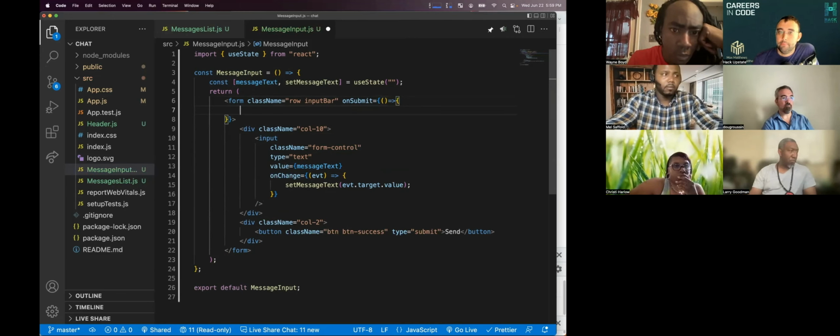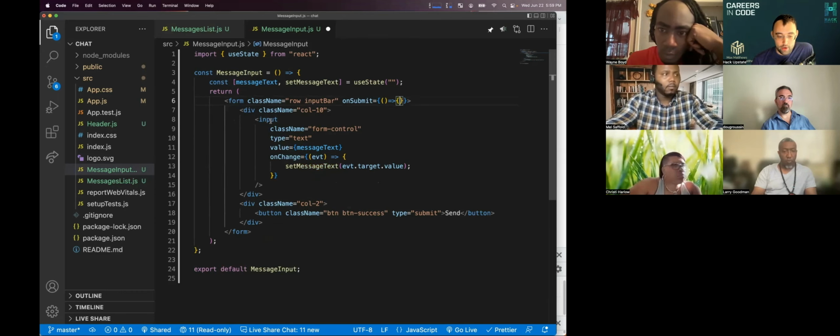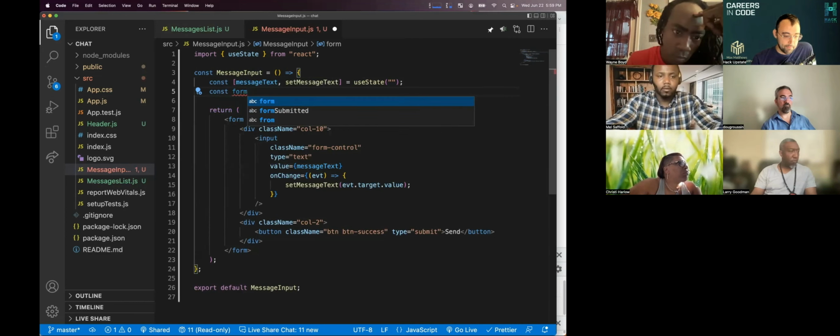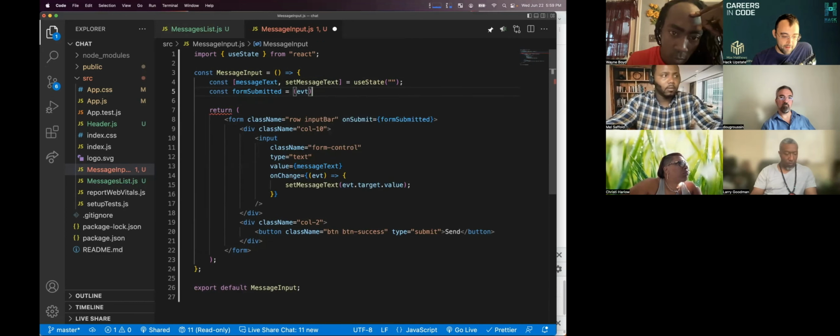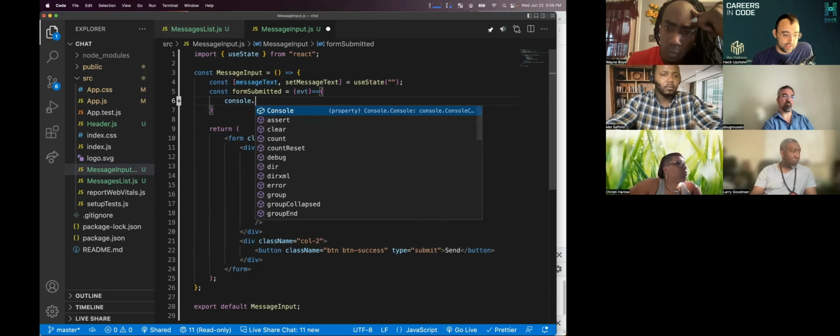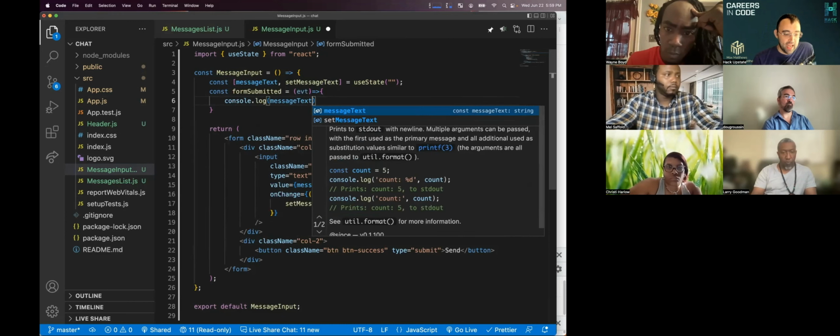But now we're getting really messy because we've got a bunch of functions going on inside of our HTML. So instead of doing it as an inline function right here, I'm just going to say form submitted. I'm going to come up before my return and say const form submitted is equal to a function that takes the event. Okay, so what I'm going to do is console log out my message text as soon as